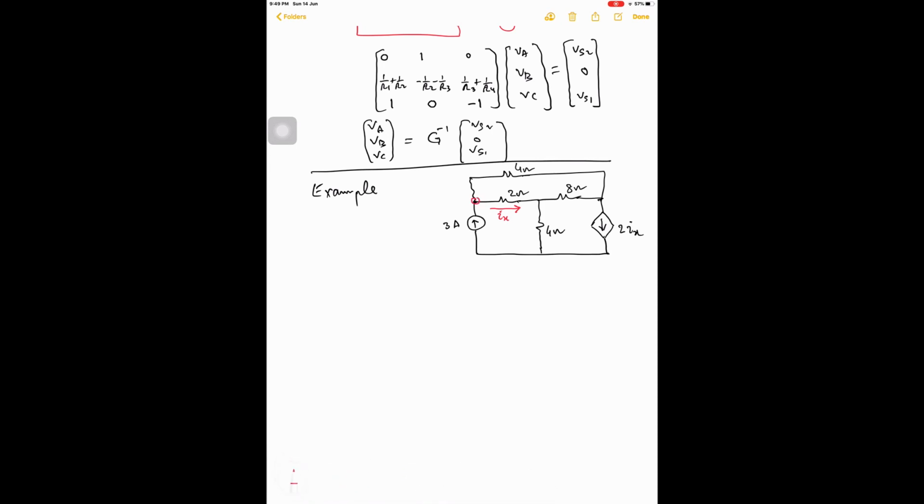Now, we identify nodes. Say this is node A, this is node B, this is node C, and this is the fourth node, and let us use this fourth node as a ground node. So, writing equations for node A,